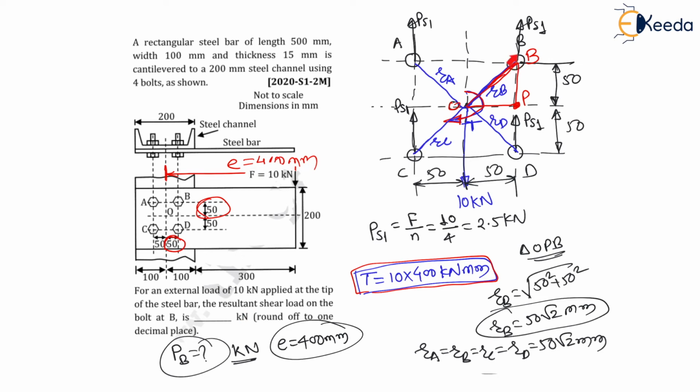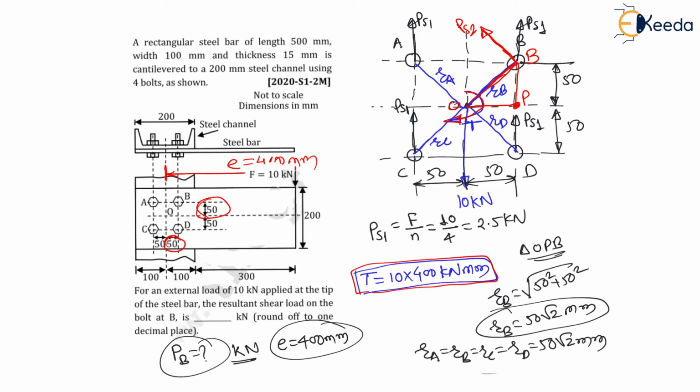Now on this B, can I say for this radius there will be a perpendicular force which will create torque in anti-clockwise direction about O. Therefore, there will be a secondary shear load on B to cancel this torque, let us say this is PS2, right? And my dear students, definitely we can say the angle between PS1 and PS2 will be 45 degree, right?